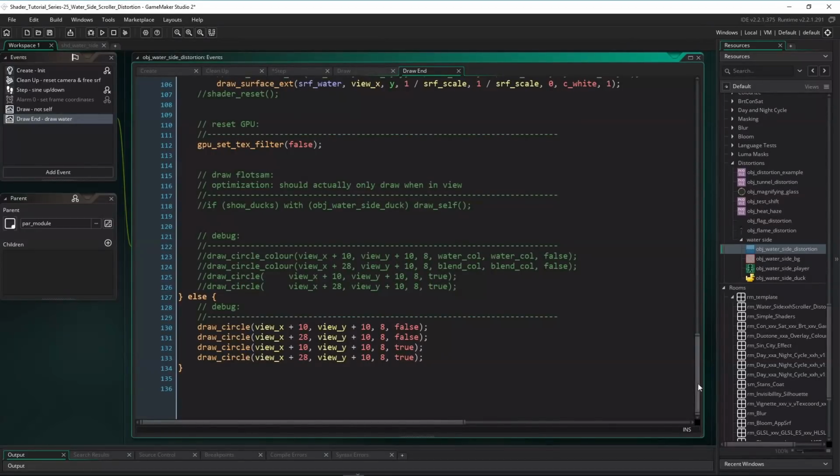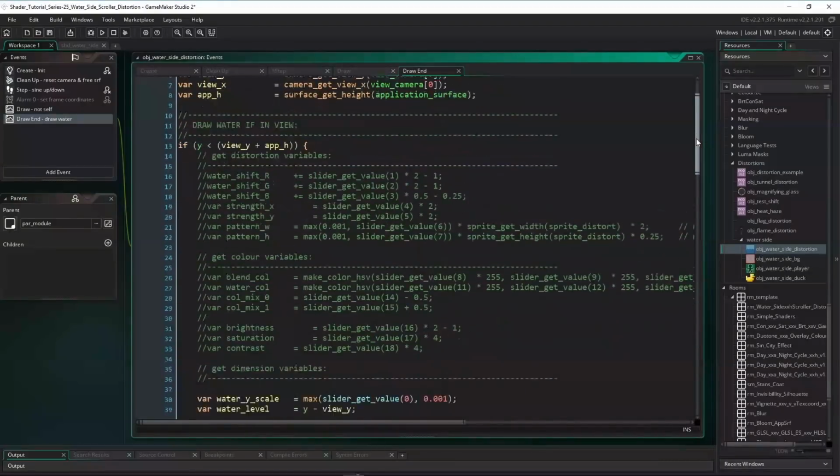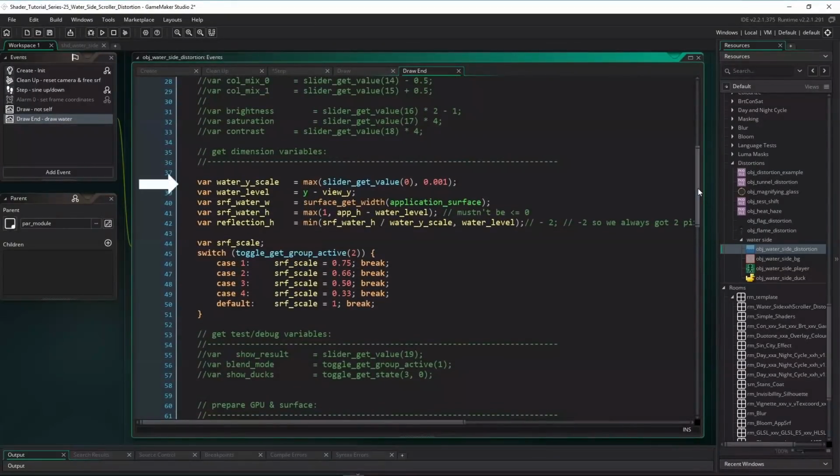Now, if we draw the water surface, then we need some more information. Water y scale is the squashing factor I just described. The value is taken from slider 0, and the lower the slider is, the more of the reflection will be squashed vertically. It must never be 0 though, because later we're going to use it as a divisor. Water level is the waterline's y position on the view, so we can subtract view y from the water instance's